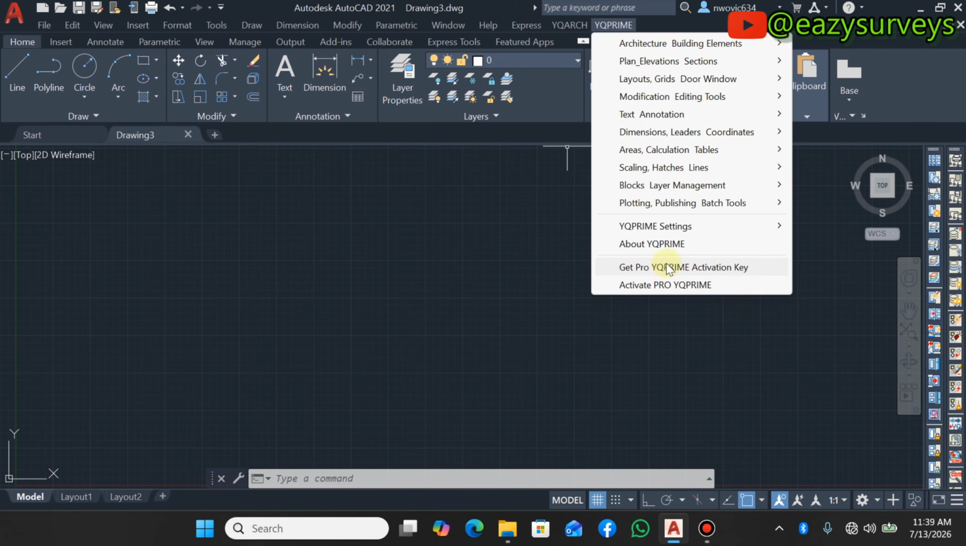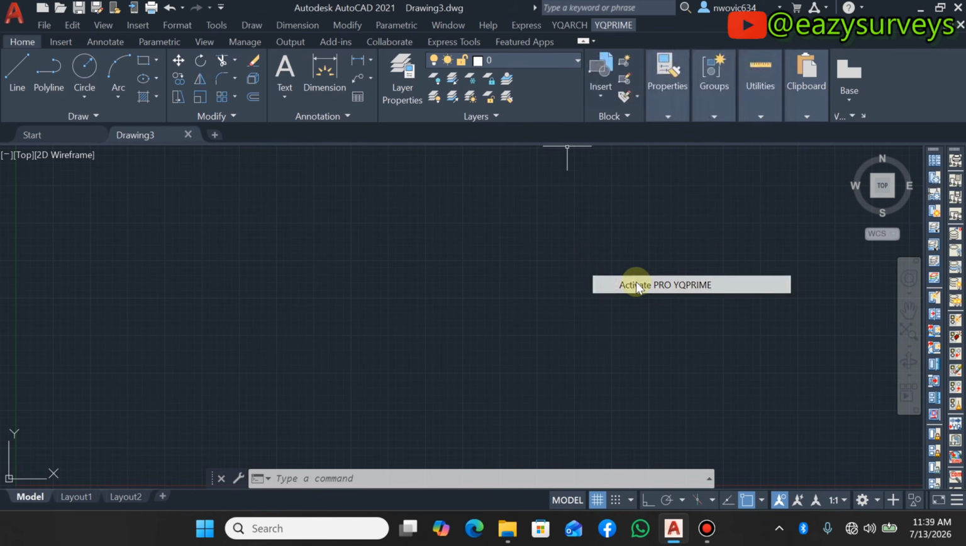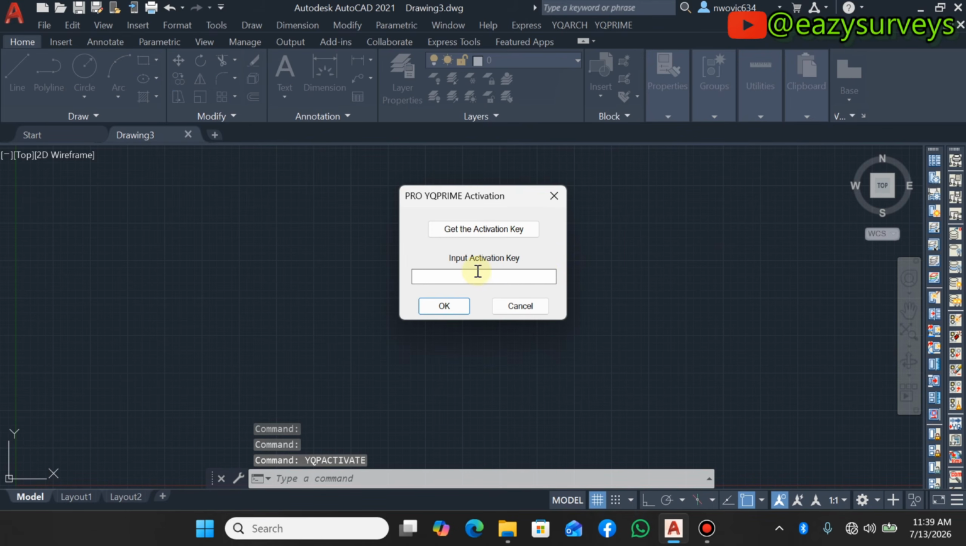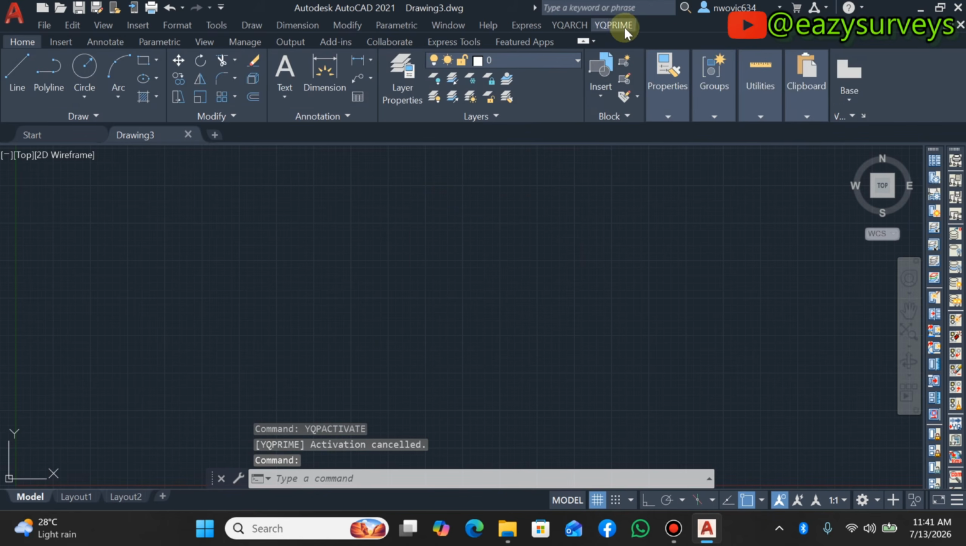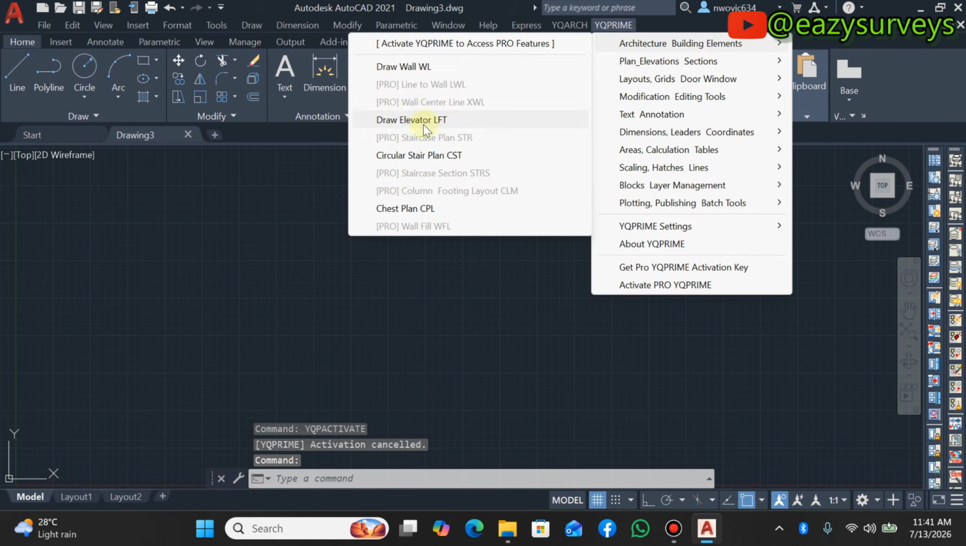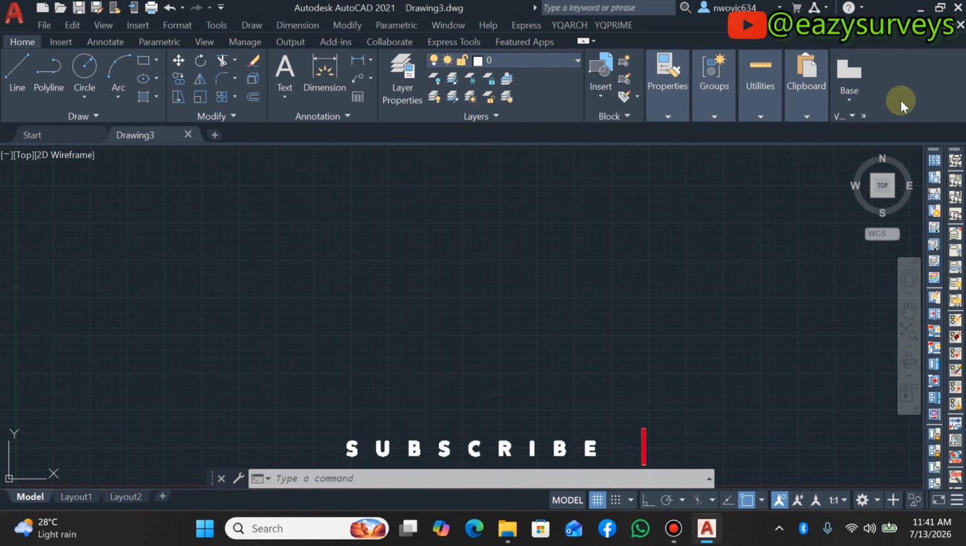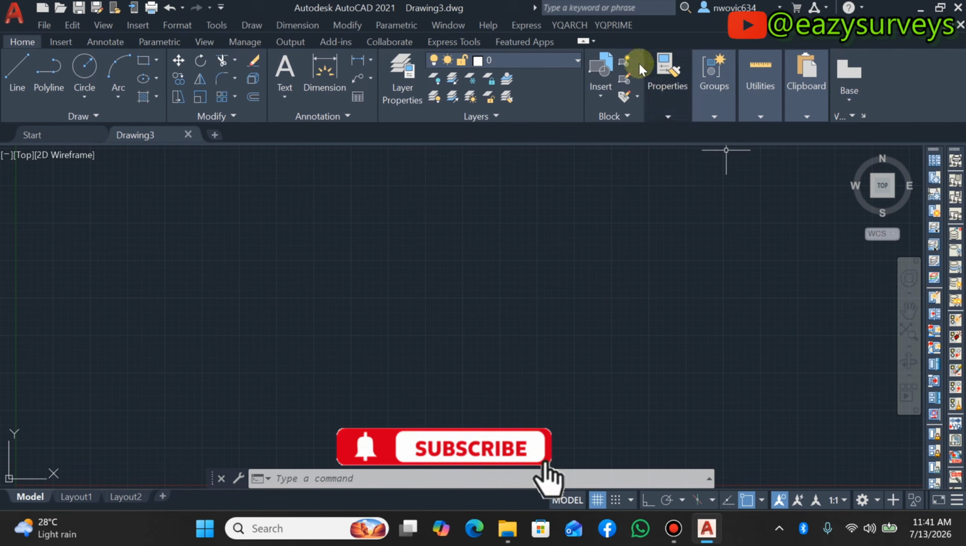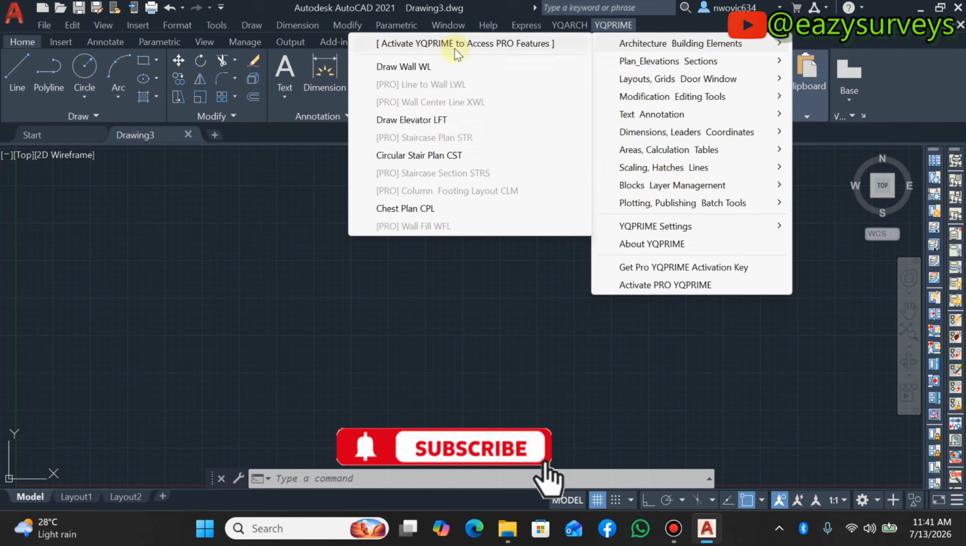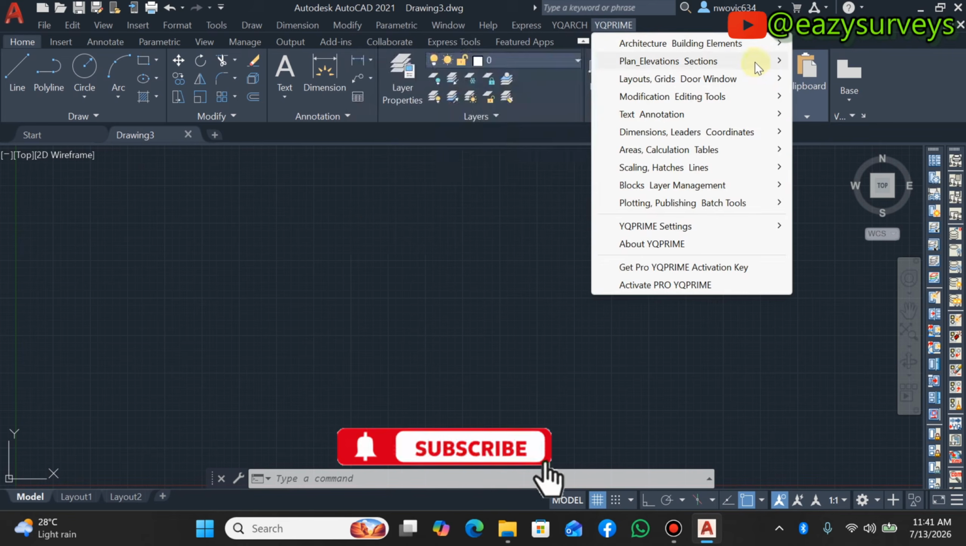Right, so when you get your activation key, you can click on activate, then you input your activation key, then you click on OK. For now you can only access the free tools based on what is available. So that is how to install the YQprime for surveyors and architects. In my subsequent video, I am going to show you how to explore some of this that is related to the